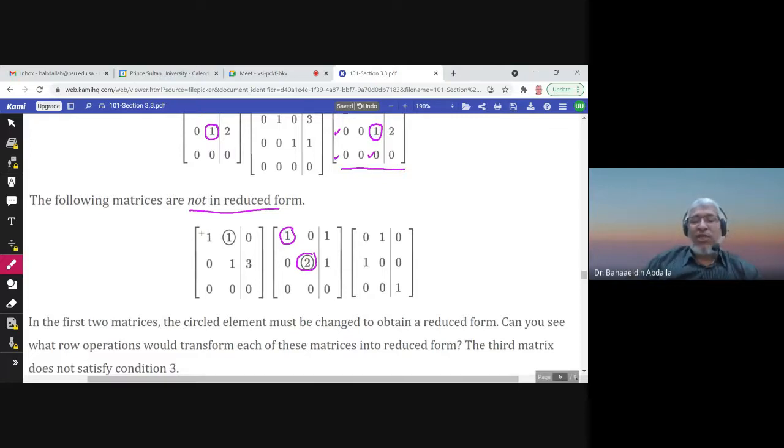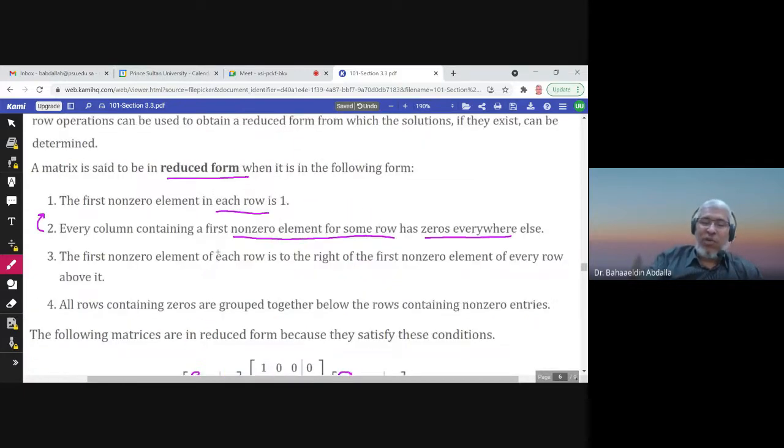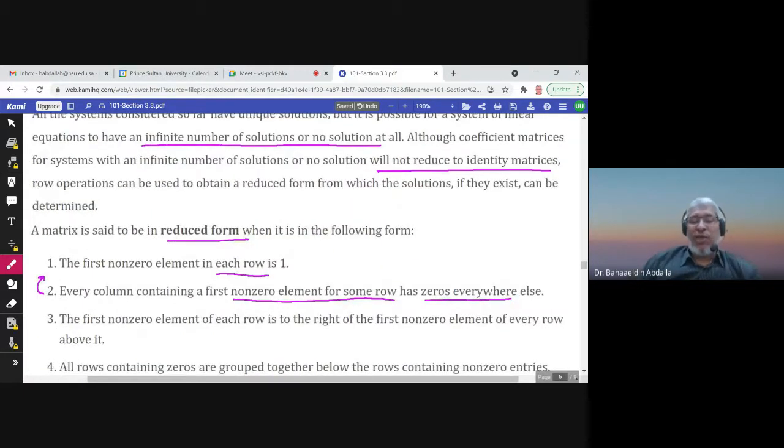The first non-zero element in the first row is 1, and below are zeros. That's good. Now, the second row, you go row by row. The first non-zero element in the second row is 1. That's good. But this number is 0, but this number is not 0. That's not good. This number has to be 0. Okay, so this matrix is not in the reduced form. I hope that's clear. So the first two conditions could be: the first non-zero element in each row is 1,